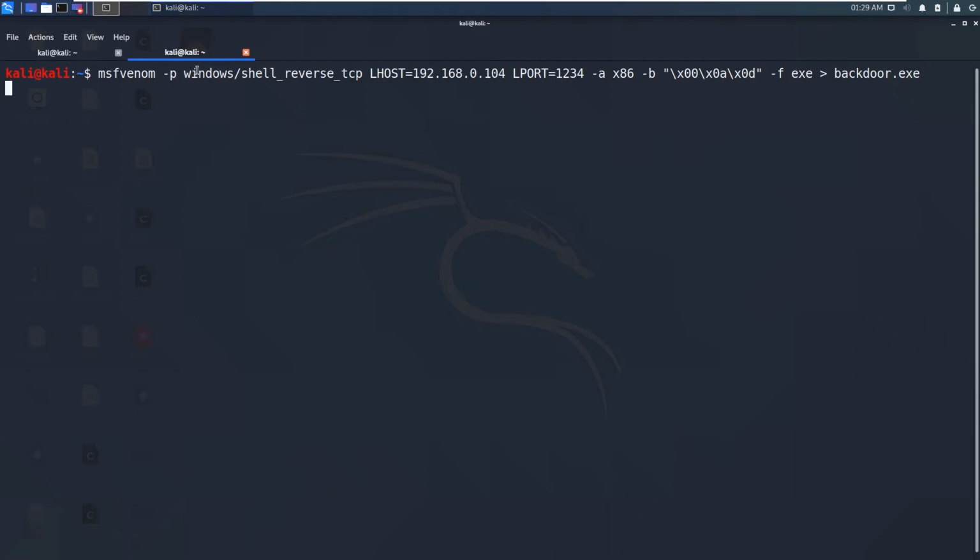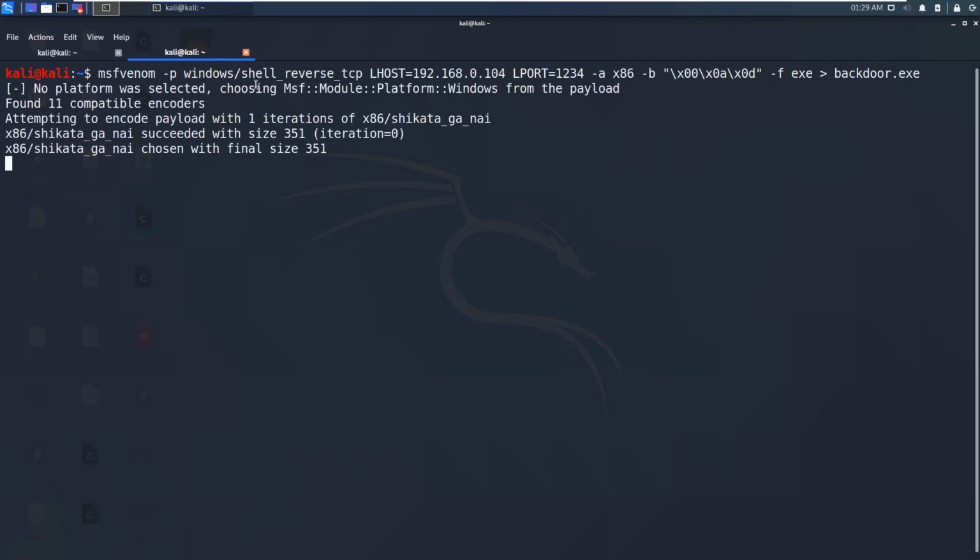So there is some difference between the normal shell and the Meterpreter shell. A normal Windows shell reverse TCP, we can handle with netcat. We have seen netcat, right? So we can catch this reverse shell using netcat. But in the case of Meterpreter shells, where we are using stages and stagers, we need to use the multi-handler in Metasploit to handle those connections. We will see about multi-handler clearly in the next video.